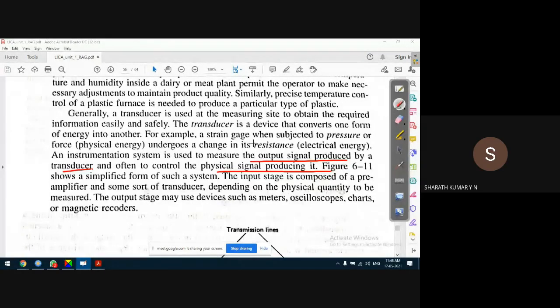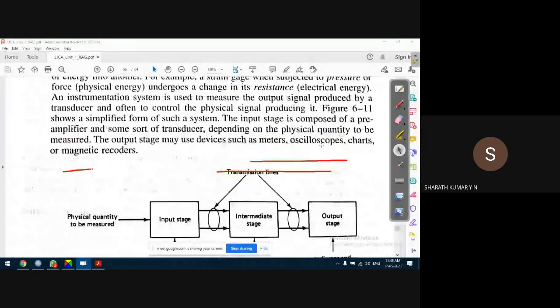We not only measure the temperature of the room or the enclosure, we also have to control the particular parameter which is being measured. We are measuring the temperature, we have to control the temperature. Okay, so that's the requirement. So, simplified system. Let us look into the basic instrumentation amplifier setup.